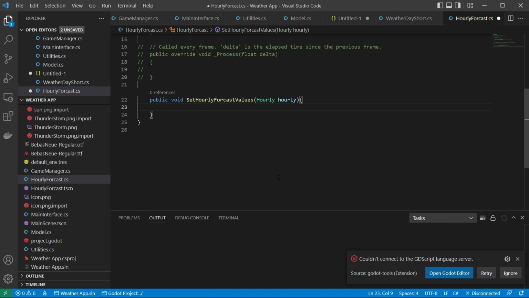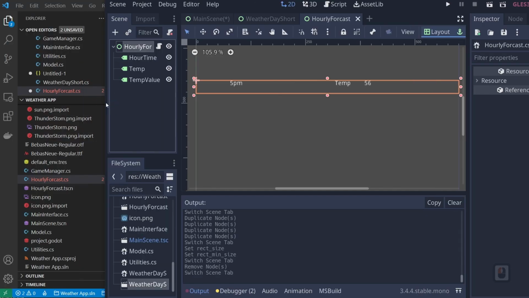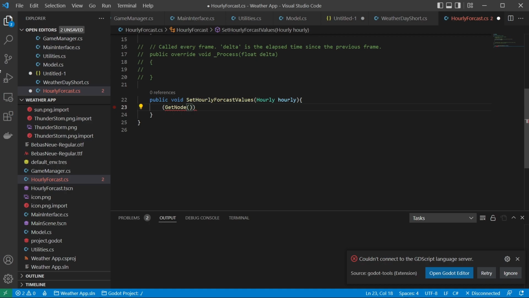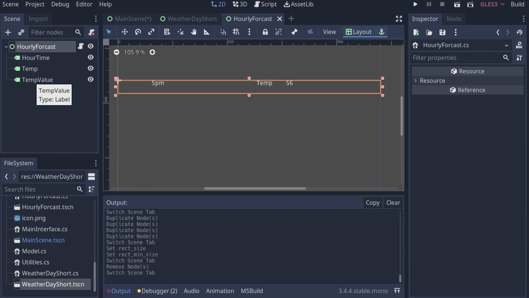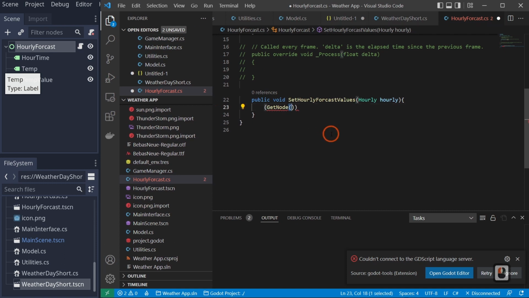And then what we'll say is get node. And we need to look at our nodes. Whoops, I grabbed Godot, not Visual Studio. We'll go over to our hourly forecast. You can see we have hourly time, temp, and temp value. So if we drag, I keep grabbing Godot, it's killing me. If we drag this over here, we can just say get node quote